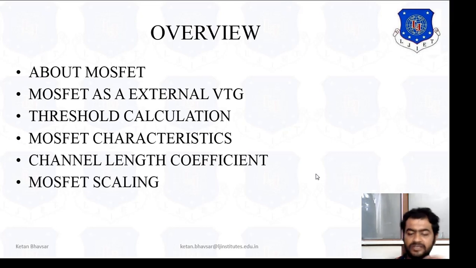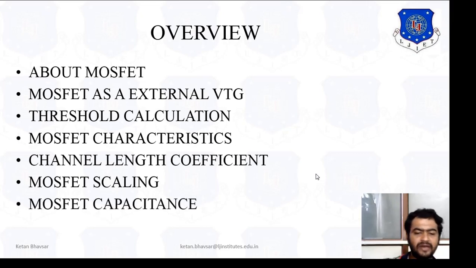And after that we studied the MOSFET scaling factor in terms of constant field scaling and constant voltage scaling. We considered the physical parameters and applied voltage parameters like L, W, XJ, COX, TOX, and also VDD, VTO, VDS, VGS in constant voltage scaling, and we considered the power density, power coefficient, and drain current ID equation. Also the MOSFET capacitance, in terms of the two types of capacitance that we already studied in this chapter: the oxide related capacitance and the junction capacitance.